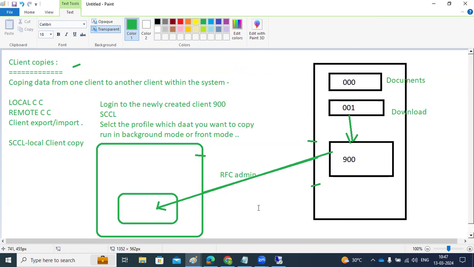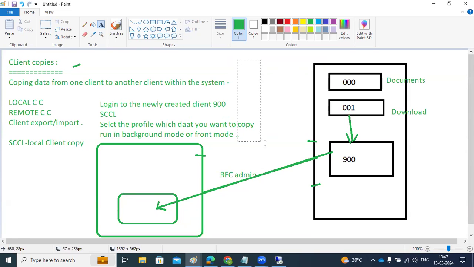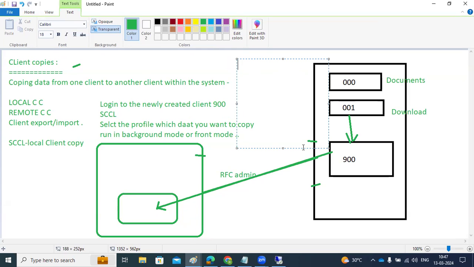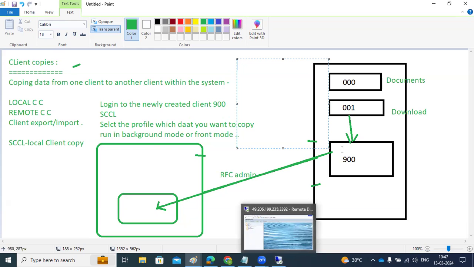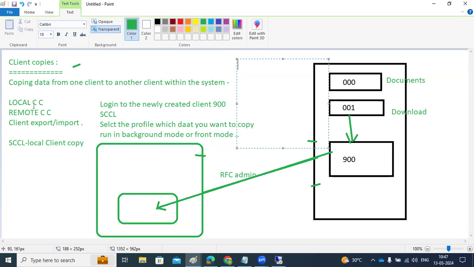Today, I will share some of the profiles. You can change those profile parameters to the desired values, then restart the system, so that you get practice on how to change values in RZ10 and RZ11, and how to identify which is static and which is dynamic. Then perform the local client copy: whatever client you created, or is already there, log into the new client, execute the SCCL transaction code, perform the client copies and see. So you will get it perfectly. Tomorrow I will